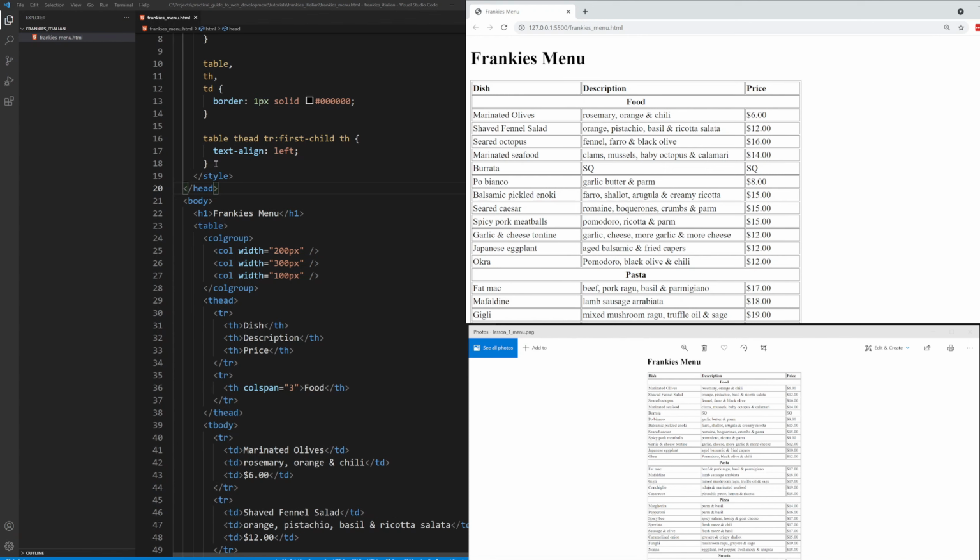There's nothing wrong with using this specific way, but the downside is this selector is very much married now to the structure of your HTML. So if you ever, for some reason, change this markup,